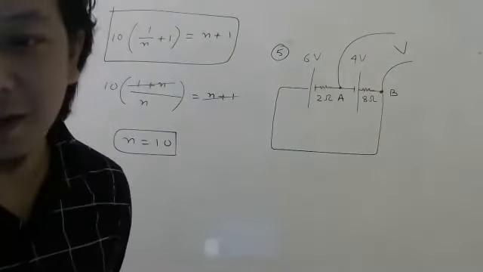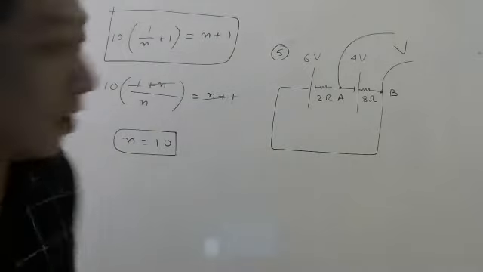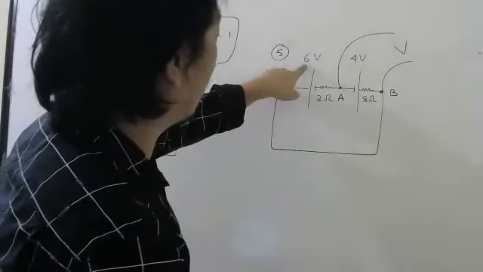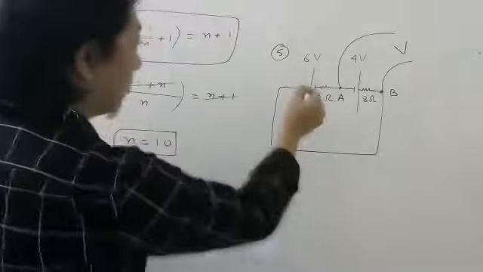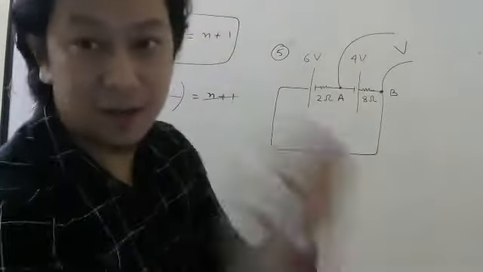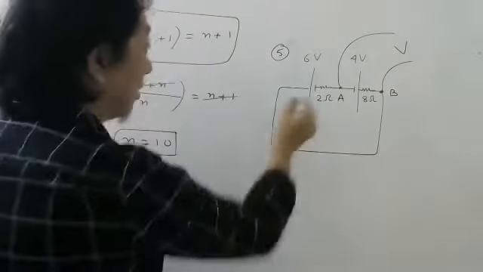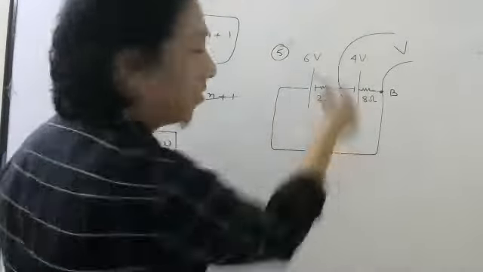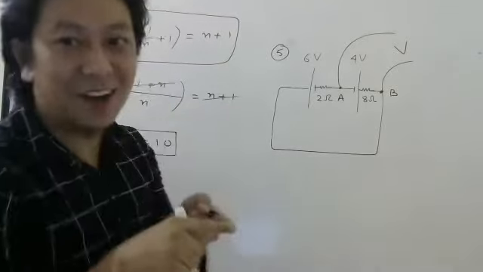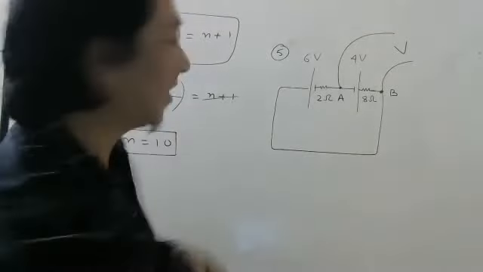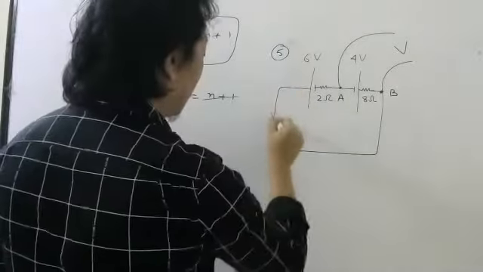First way or second way? First way, because this battery has more voltage than this battery, right? So this battery will win over this battery. This battery will control the direction because current cannot flow in both the ways. In the same circuit, how will current flow this way also, that way also? So the current will flow this way.